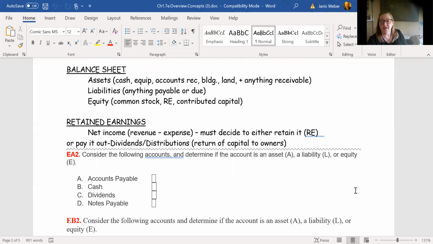So it's going to say something like payable or due normally. So liabilities are owed to outsiders. And then equity is common stock, retained earnings, and other contributed capital, which we'll learn a little more about later when we get to a later chapter. But right now, we'll be looking at common stock and retained earnings. It's about the only thing that's going to be in the balance sheet